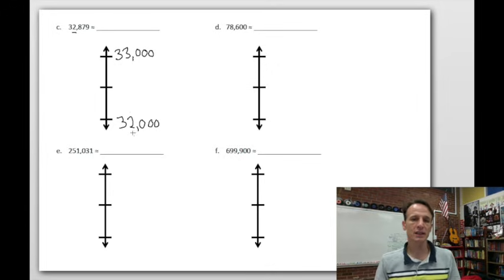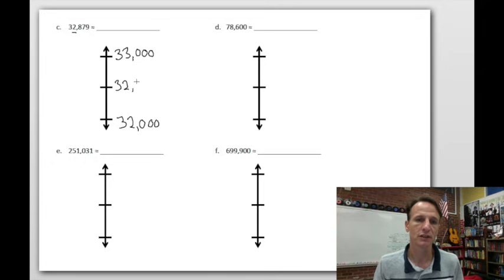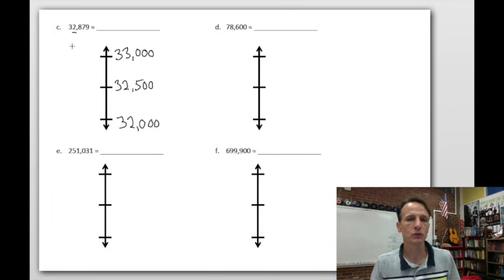Now the midpoint, again, we're still looking at the nearest thousand, so our midpoint, half a thousand, is 500, right? So we're looking at 32,500, we could say. 32,500 is our midpoint. Now when we go to place this number on our vertical number line, we're going to